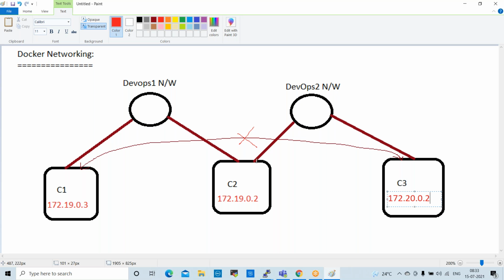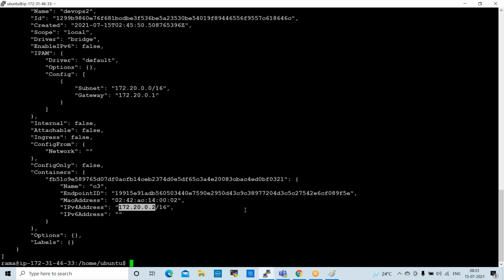Now what I will do is attach the C2 container to DevOps network 2. By that time it will automatically start pinging. The command here is docker network connect, then the network name DevOps 2 and the container name C2.